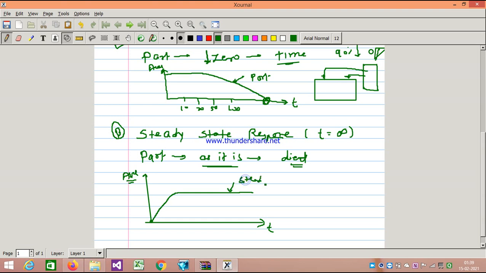It is called a steady, no change. After a long time, it never changes, right? Initially, at the beginning only, up to a particular time, it is going to change. Once it's stable, it continuously stays stable. There is no change, right? So such a response is called a steady state response.